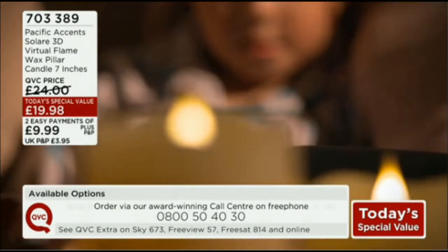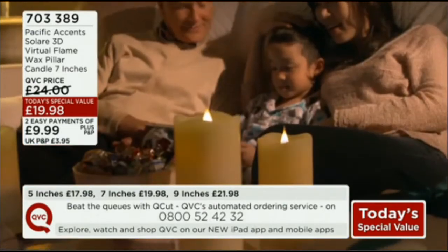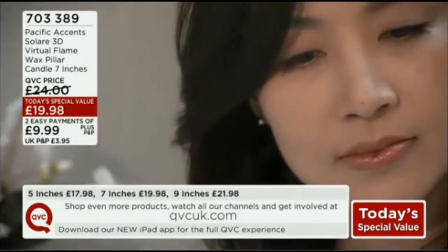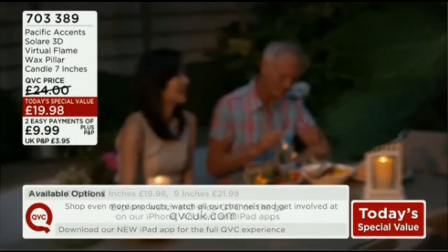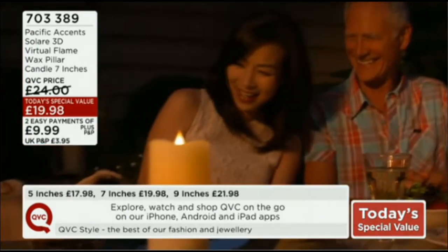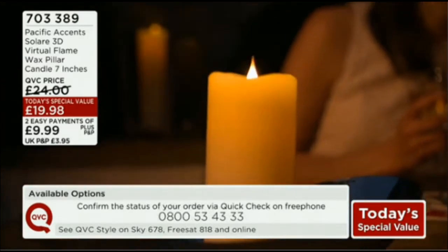So no danger of this spilling wax everywhere, no danger of fires being started with a real flame, because yes, it looks like a real flame, but it isn't a real flame. So you get the benefits, the romance, the nostalgia, the me time of a real flame, but with the genius that is Pacific Accents. They are Chicago-based. This is going down a storm across America, and in the UK for the first time today, the Solare 3D